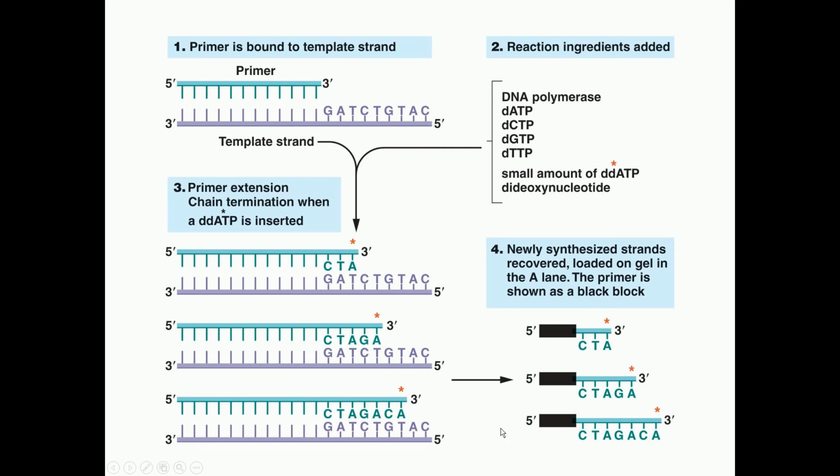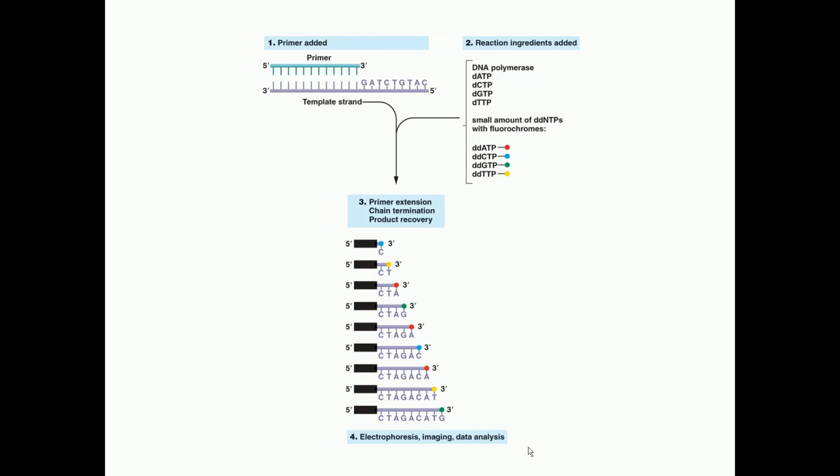So this is the conventional method in which people used to use dideoxys, which were radio labeled. They used to have 4 tubes. In every tube they used to add a different dideoxy, and in every tube these kinds of reactions were taking place, and because of that different sized fragments were being formed. And what they were doing,